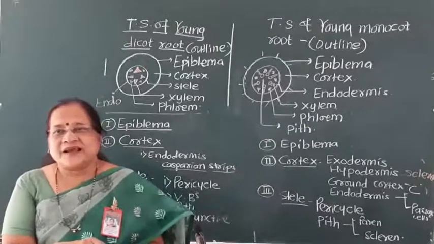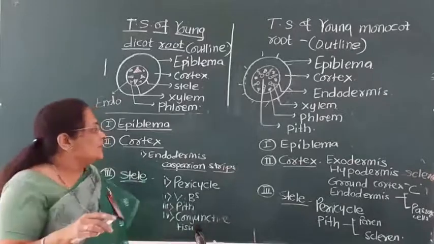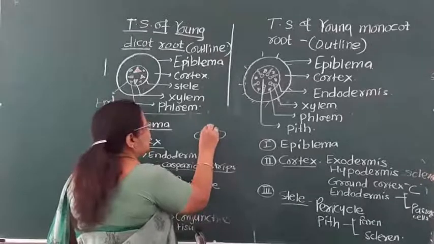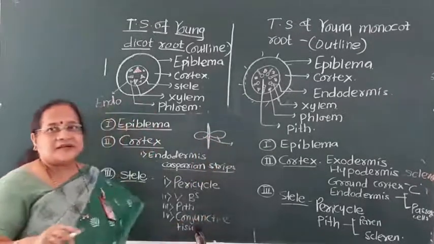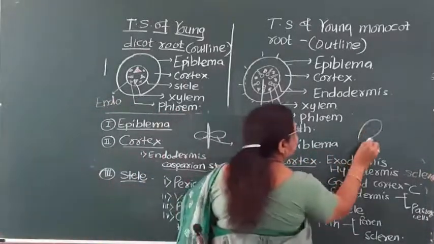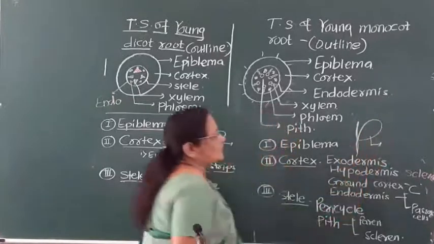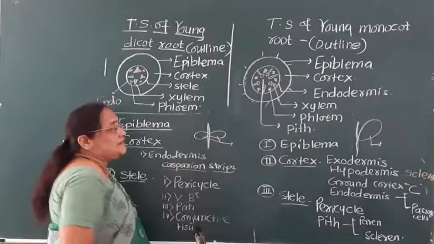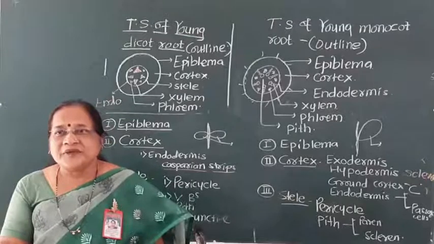So, here today's topic is structure of monocot root and dicot root. So, what is this dicot and what is this monocot? After the germination of seed, we get two structures, which we call cotyledons. When there are two, we call it dicotyledon. And when after germination you get only one leaf-like structure, we call it monocotyledon. The example for dicot is the sunflower, and in case of monocot we get the example maize.